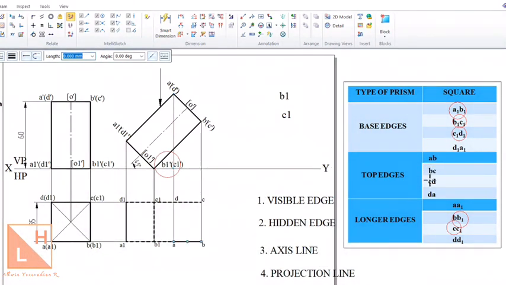Repeat the process for the remaining edges. AB is done, BC, CD, DA. So B to C, C to D. Again here also we have a hidden edge, but give the preference to the visible edge. So you can overlap it from C to D only. From C to D only. And the last edge is D to A. So now we have covered the first 4 edges and the second 4 edges. Now the last thing that remains is the longer edges. Out of 4 longer edges, 2 are hidden, which we have already marked with a dotted line. 2 are visible. Which are the 2 visible edges?